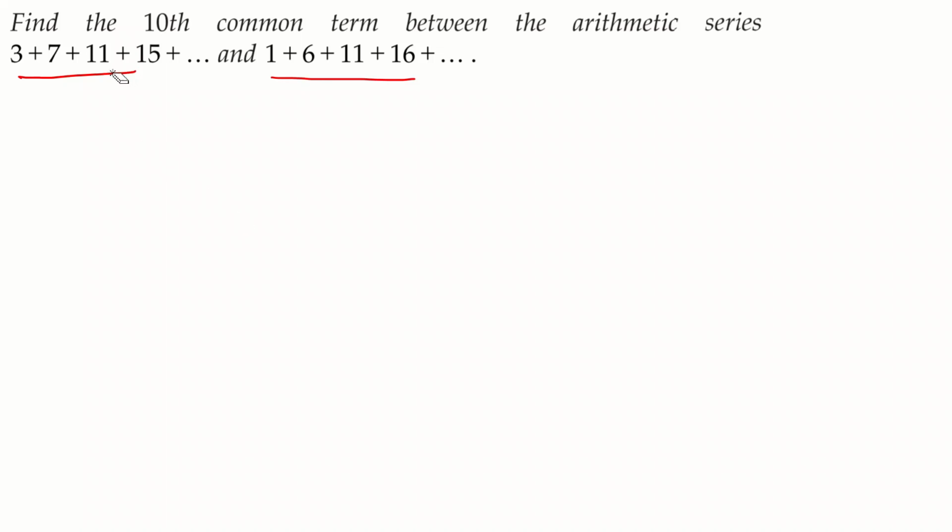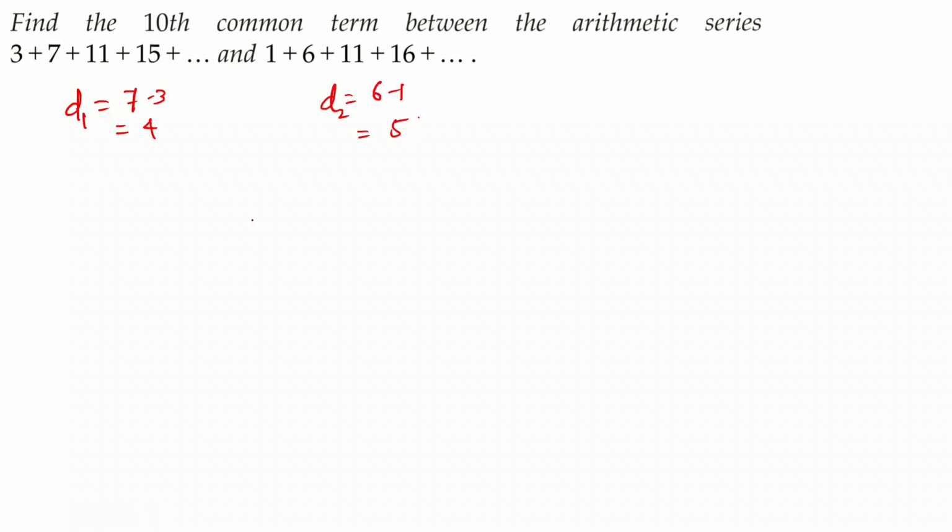Okay, so now the question asks us to find the 10th common term between these. Here the first term is 3, here 1, then 7, then 6. If you see, there are some common terms. 11 is the first common term in these two series, or maybe sequences. So 11 is the first common term in both of them, and then we need to find what will be the next common term, and the next, and actually the question asks us to find the 10th